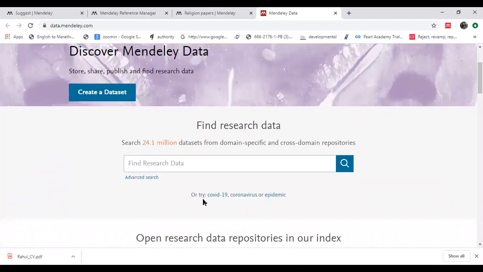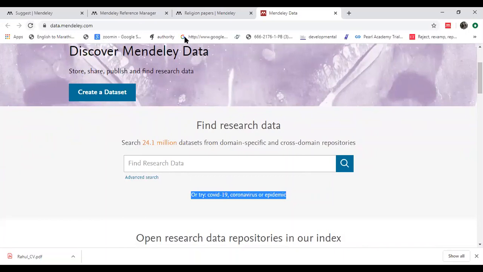Now if you see down, it says try COVID-19 coronavirus epidemic. Probably for all the databases that researchers are making around the world right now, the top topics are COVID-19, coronavirus, epidemic. That is the reason it is showing try this.